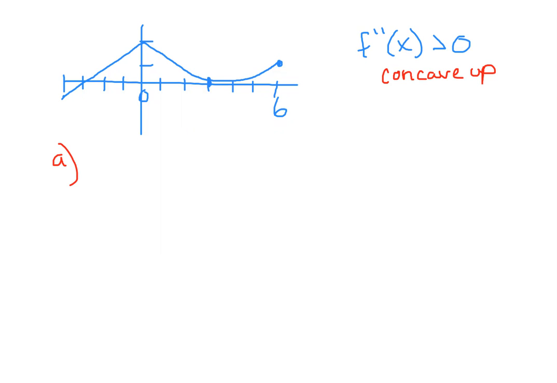All right, so let's look at this. We would have to say the limit as h approaches 0 from the negative side of f of h minus f of 0 over h